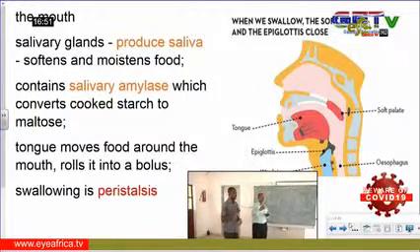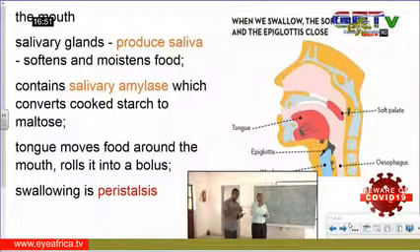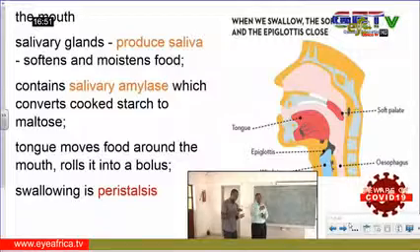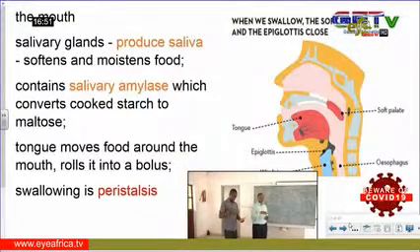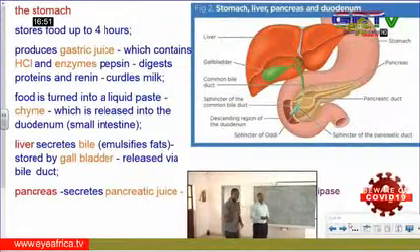Peristalsis is simply muscles contracting and relaxing, so that when those behind the food contract, they squeeze the food, and those in front relax, and that makes the food push down. This is what goes on throughout the length of the alimentary canal to help food move down the body. And the stomach